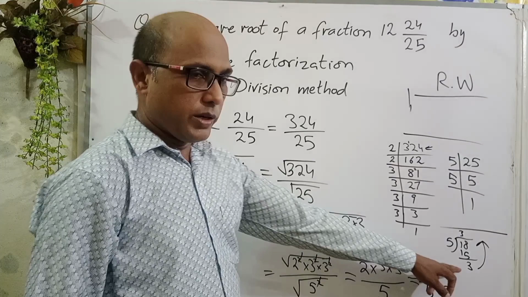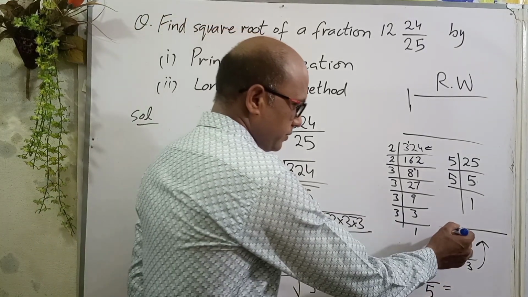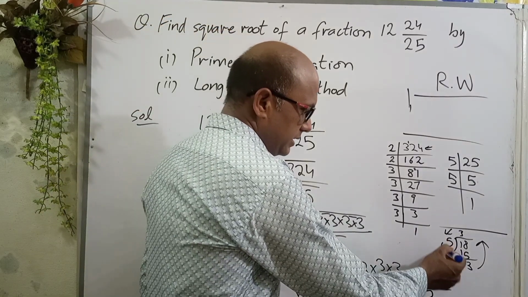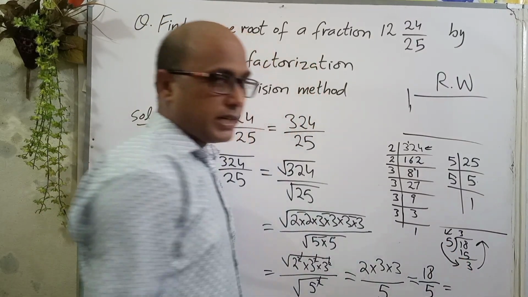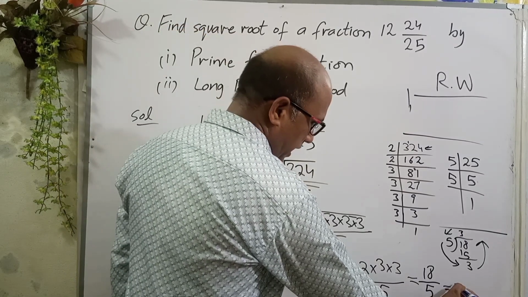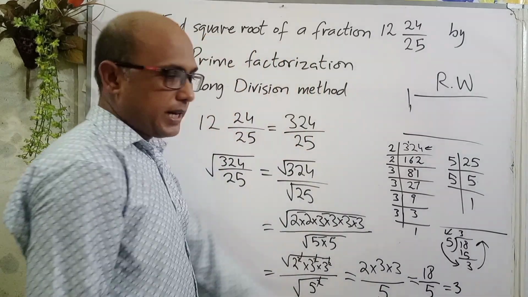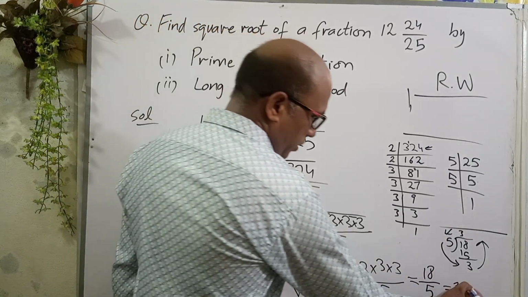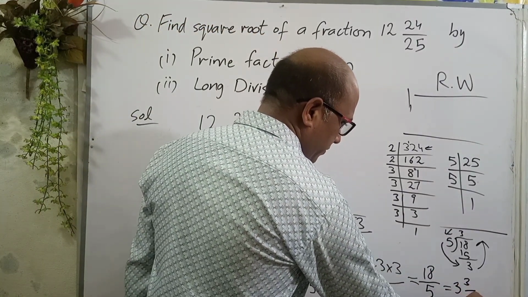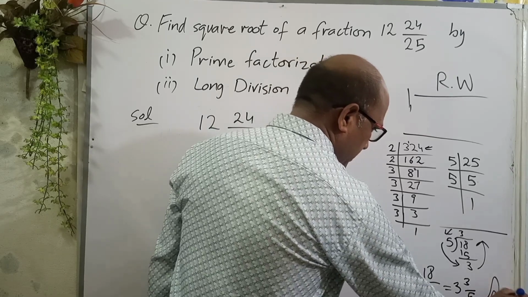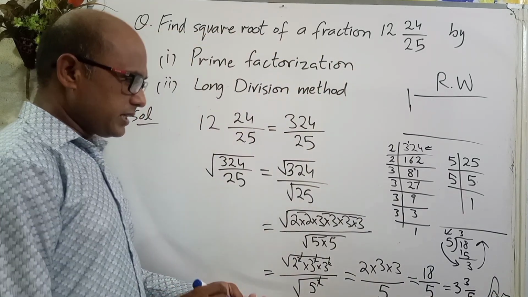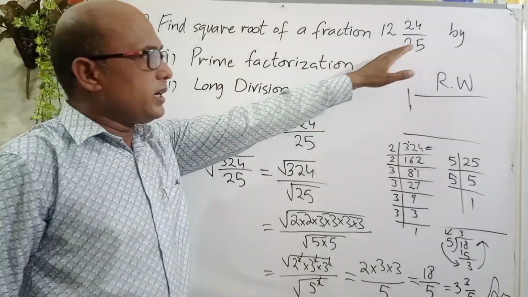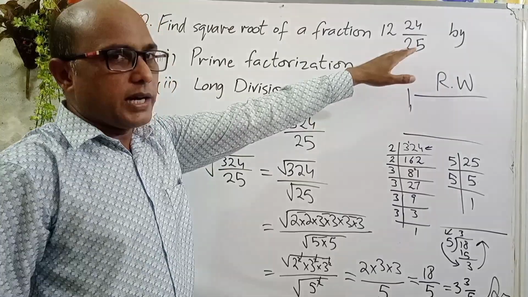The remainder will be written in the numerator. The quotient will be written as a whole number, and the divisor will be written in the denominator. This is how we convert an improper fraction into a mixed number. 3 whole 3 by 5 is the answer. So students, this is how we find the square root of a given fraction or a mixed number